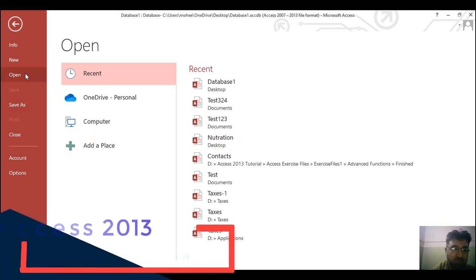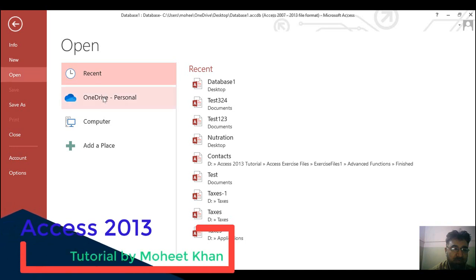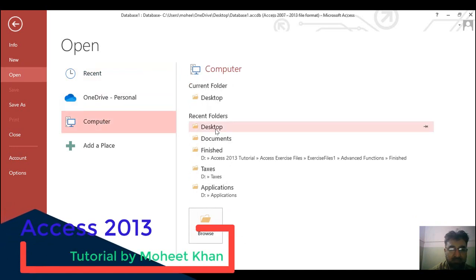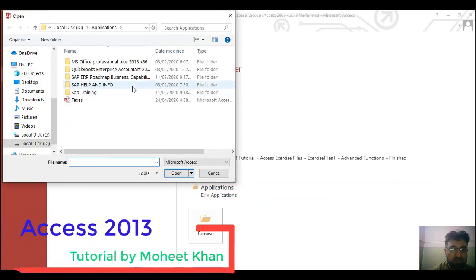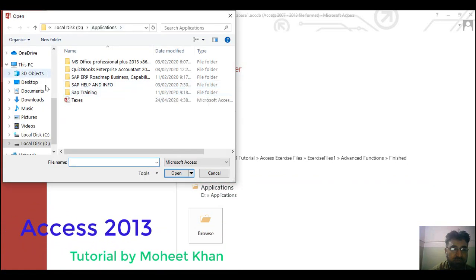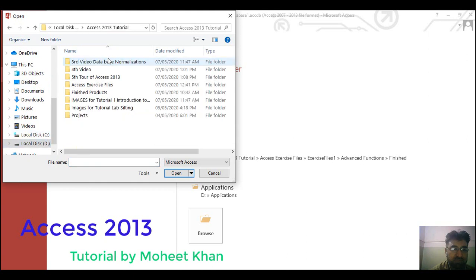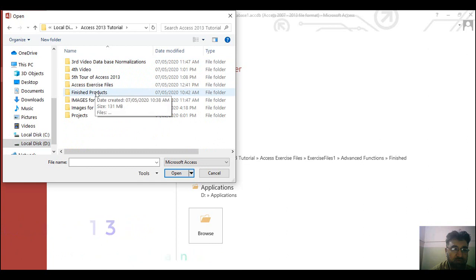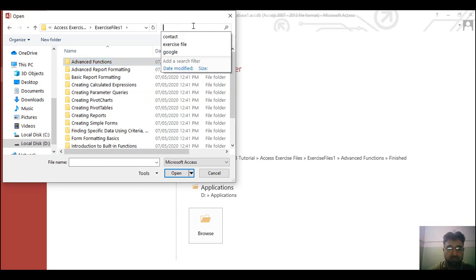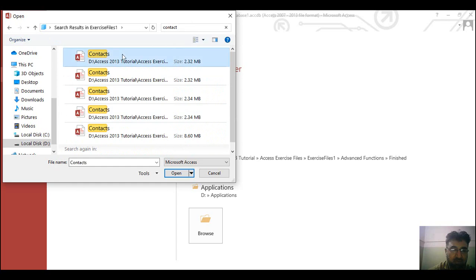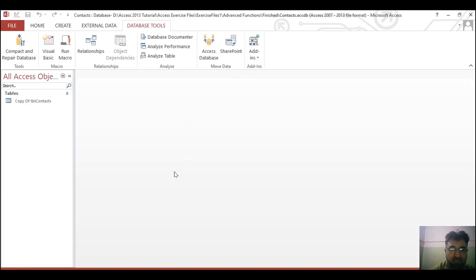For example, I'm going to open one database. Look at this, open my computer, go to applications, go to Access 2013, go to exercise files, exercise file 1, here is contact. Open this contact file.